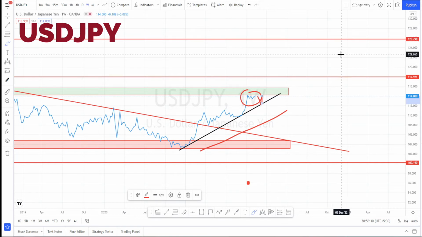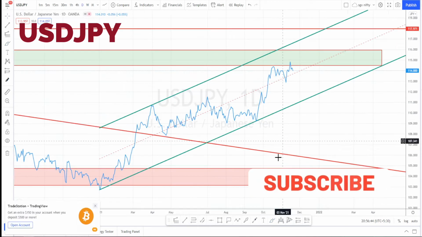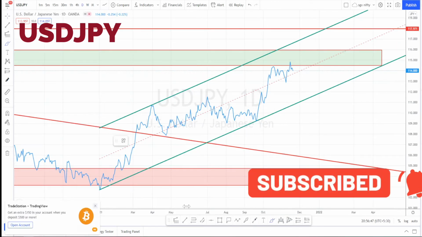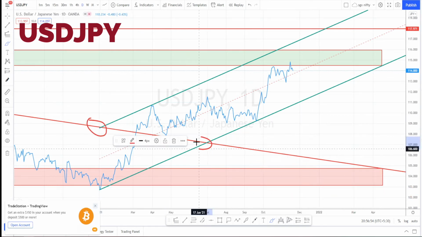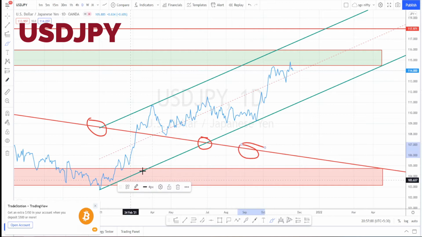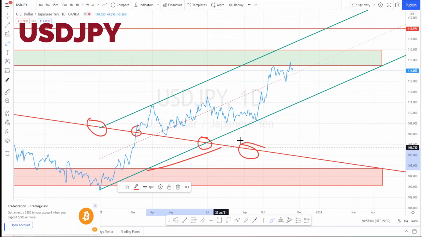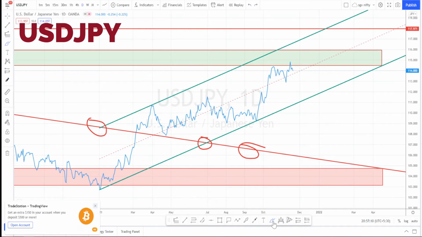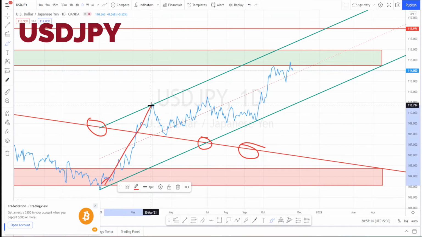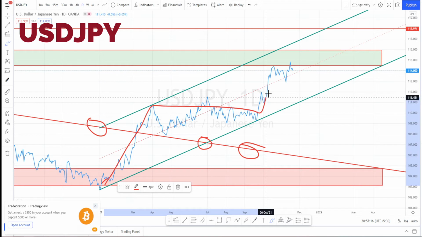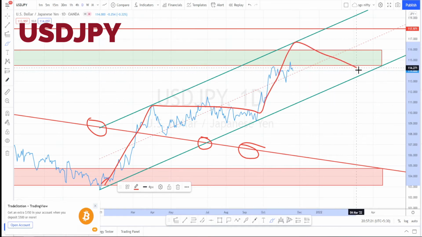Let us do the analysis in daily time frame. I'm in daily time frame now. In daily time frame also, when you notice it, this was the resistance line from the weekly time frame. It has clearly broken this resistance line and was moving in a channel pattern. And within the channel pattern also, you can understand that it was in a very nice uptrend. It went up, retraced. Again, I'm expecting it to go up and test this resistance level and continue its uptrend.